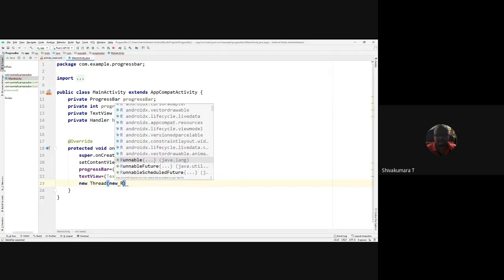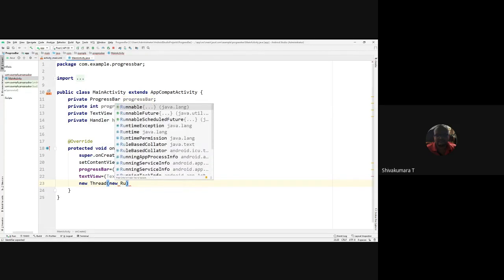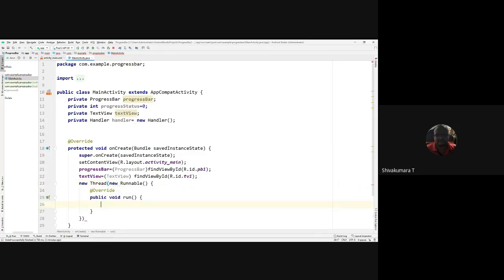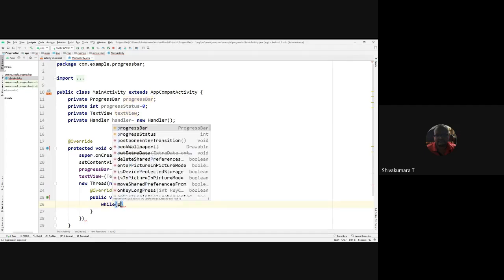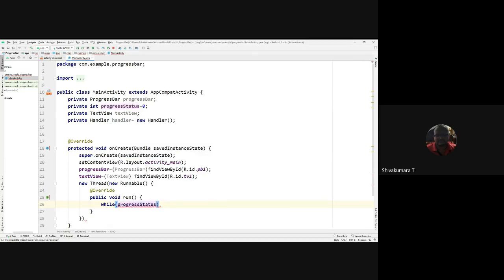New implementation, new runnable, runnable interface. You are checking the status of that progress bar, status is less than 100. Initially it's set to 0.